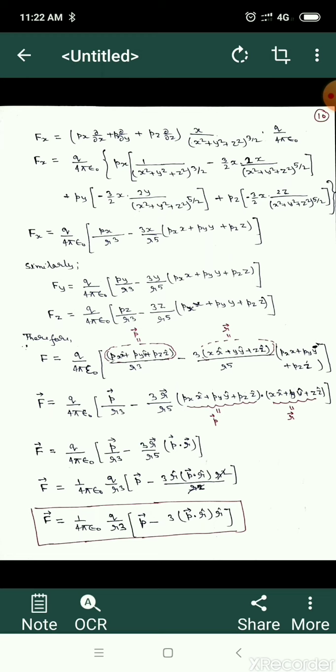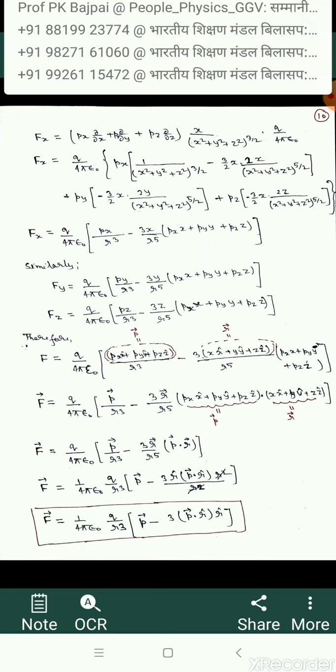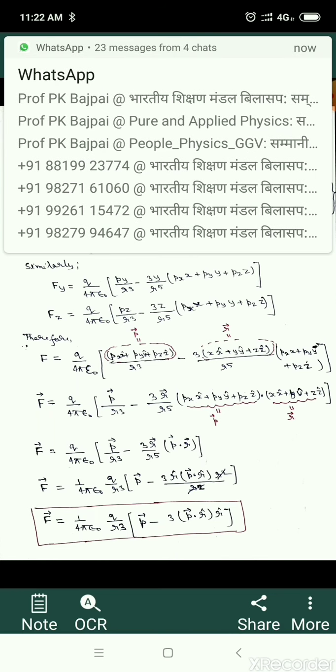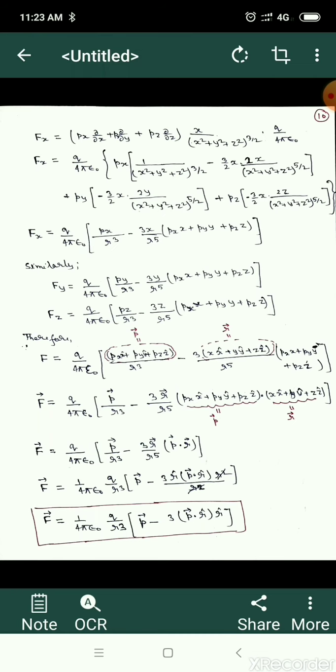So that gives basically 1 upon 4πε0 q [px x unit vector, py y unit vector, pz z unit vector upon r cube]. This px x unit vector, py y unit vector, pz z unit vector is basically the dipole moment p vector, minus 3, and that will give the x unit vector, y unit vector plus z unit vector upon r cube, again bracket close, pxx py pz z. So this x unit vector, y unit vector, z unit vector equals the r vector. So this becomes 1 upon 4πε0 [p vector upon r cube minus 3 r vector upon r to power 5],